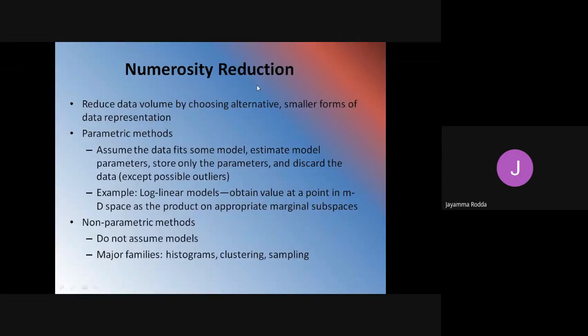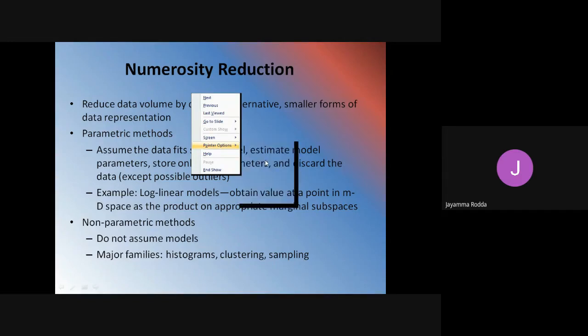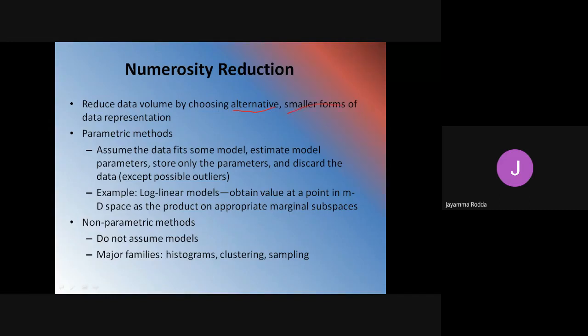Numerosity reduction is nothing but reducing the data volume. Again, the same concept of reducing the data volume, which means removing the features that are not necessary for the time being, and including only the features that are needed for the processing. In this concept, numerosity reduction, we will reduce the data volume by choosing alternative or smaller forms of data representation.